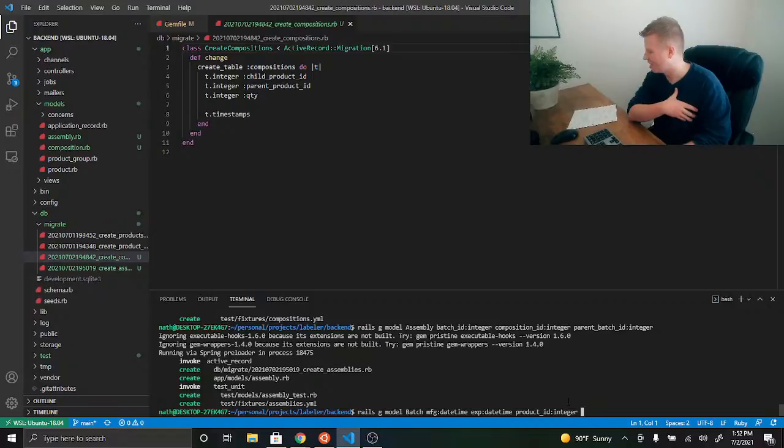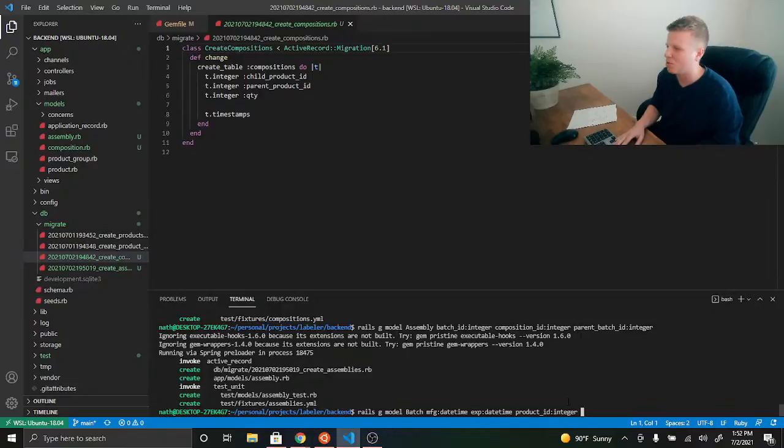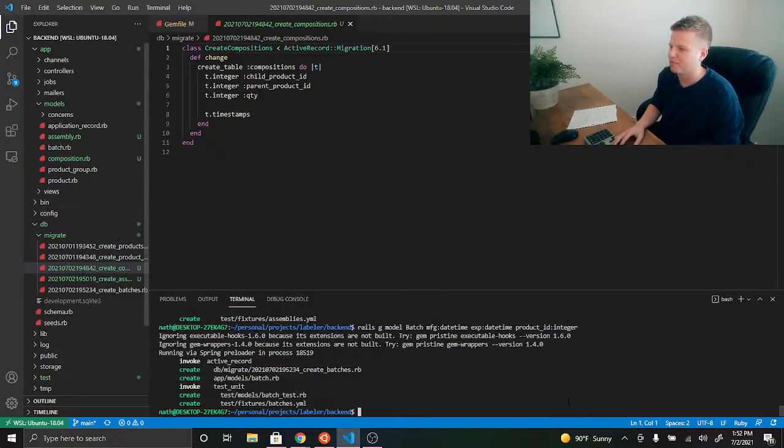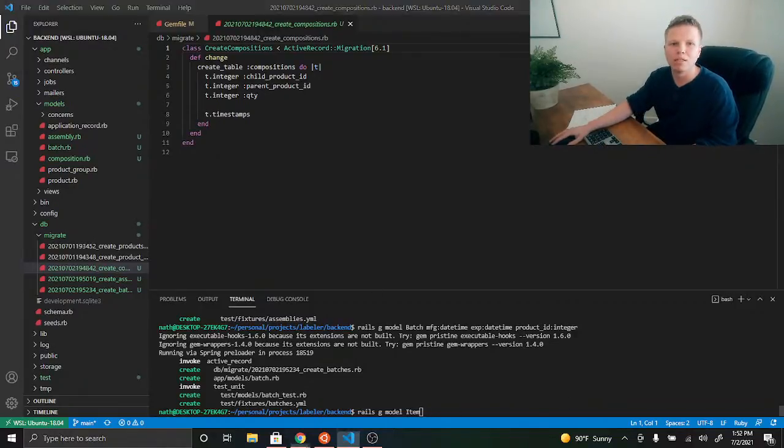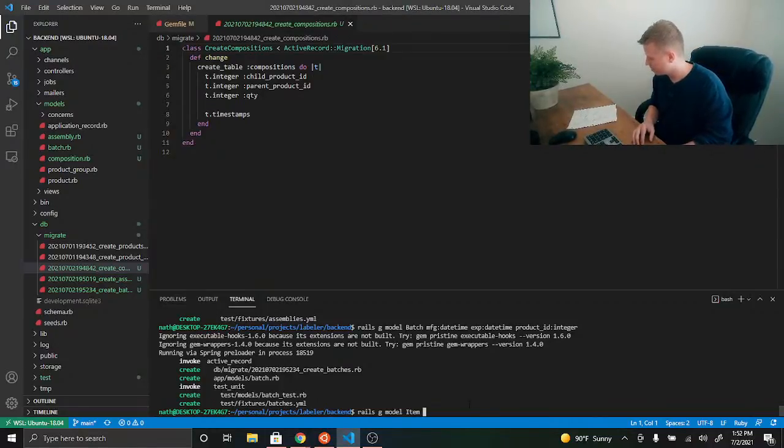And I'll be doing the actual identifiers for that batch later on. I'm not entirely sure how I want to deal with it quite yet. So we did that one. Let's also do item. We will give it a status, which will be a string. We will give it a location, which will also be a string. We will give it a batch ID, which will belong to an integer,